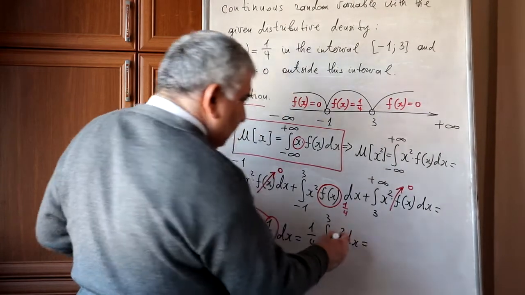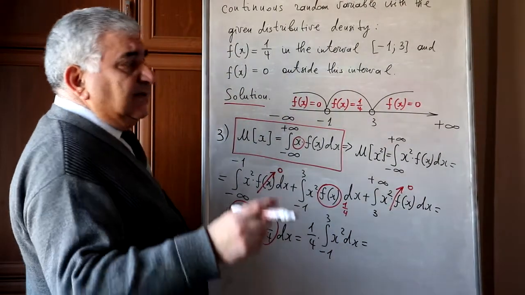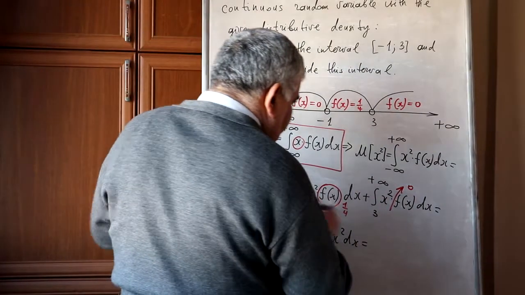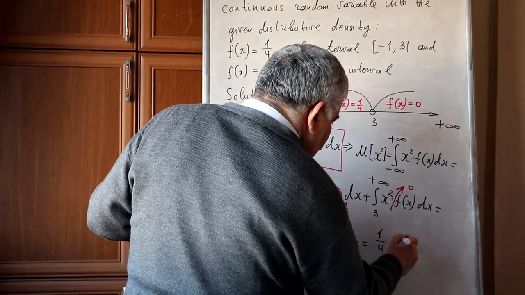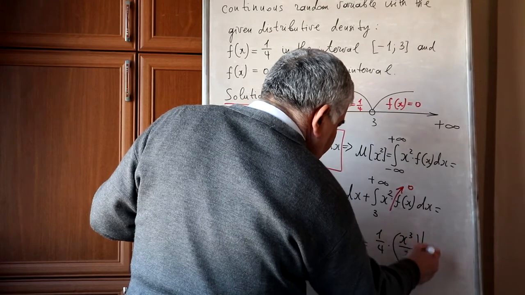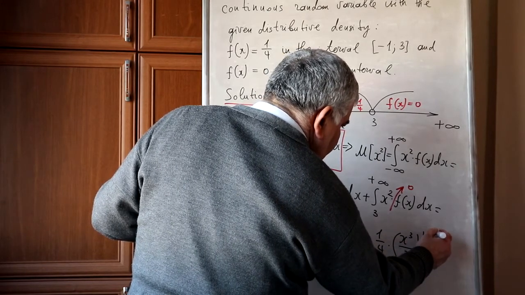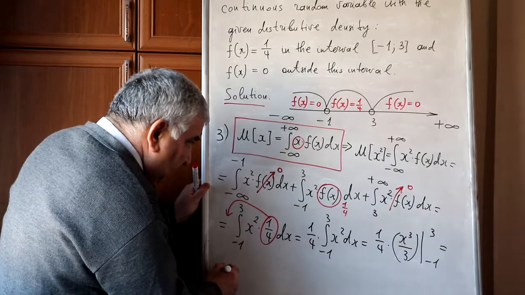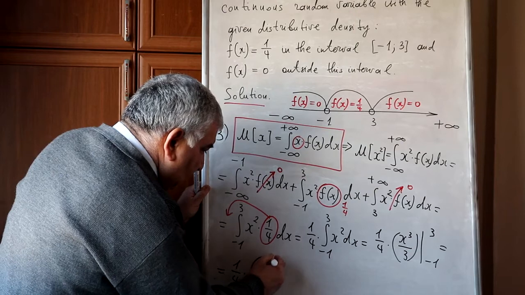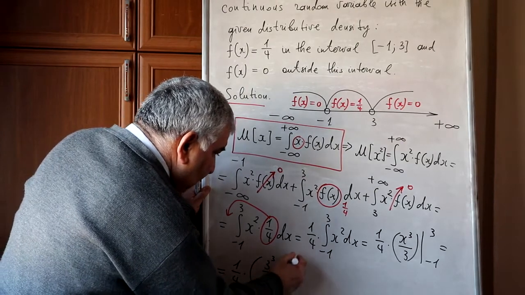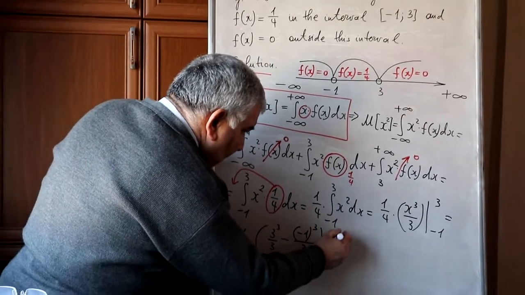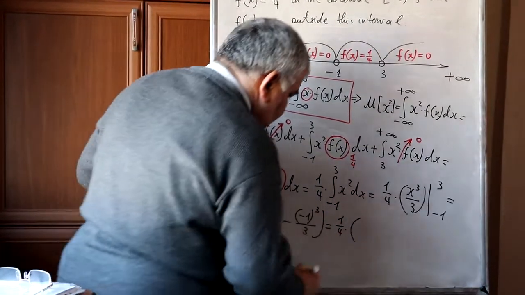Here the integrand is x squared and its antiderivative is x cubed divided by 3. 1/4 multiplied by x cubed over 3 with the double substitution from -1 to 3. Then continue. 1/4 multiplied by 3 cubed over 3 minus -1 cubed over 3 equals 1/4 multiplied by 27